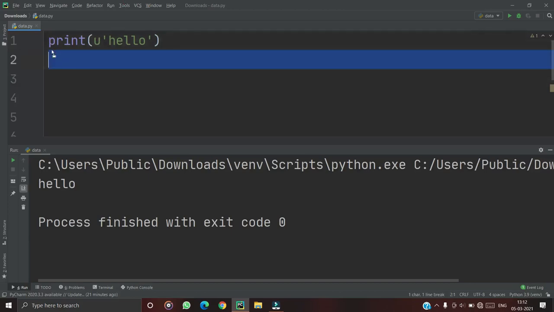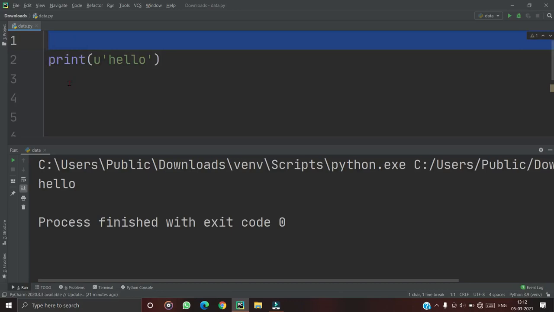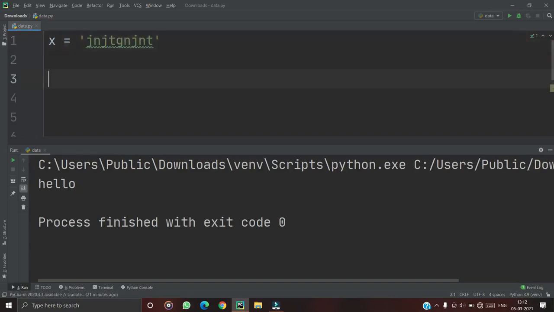In the first lecture, I told you that there are various string methods in Python, like capitalize, center, and others. Here are some other methods we have.